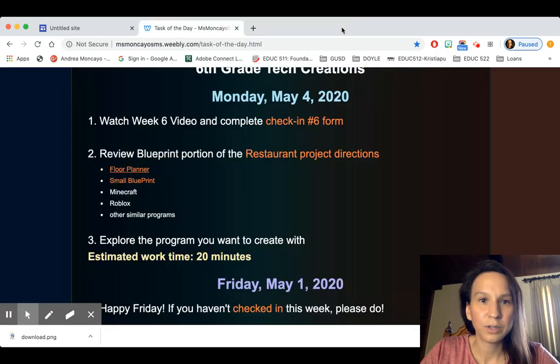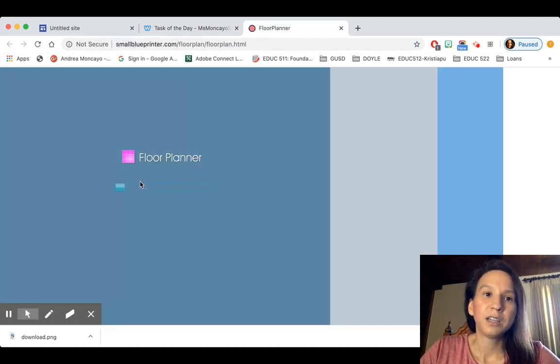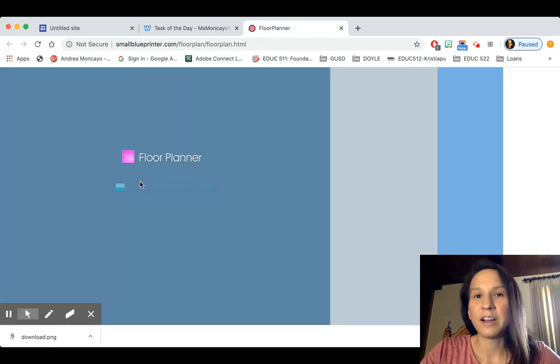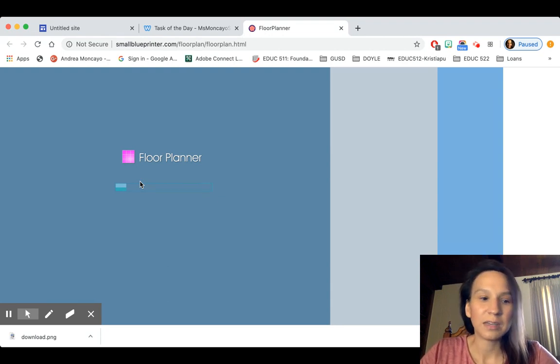And real quick, I want to talk about the small blueprint. So floor planner, the one that I just did, there's a lot of graphics as you probably saw. So if your computer is not really good with handling that, then you probably want to start with something simple like this one. It's not as fancy as the floor planner, but it gets the job done, and I would also recommend this one. So mine's taking a second to load, but as it's loading,